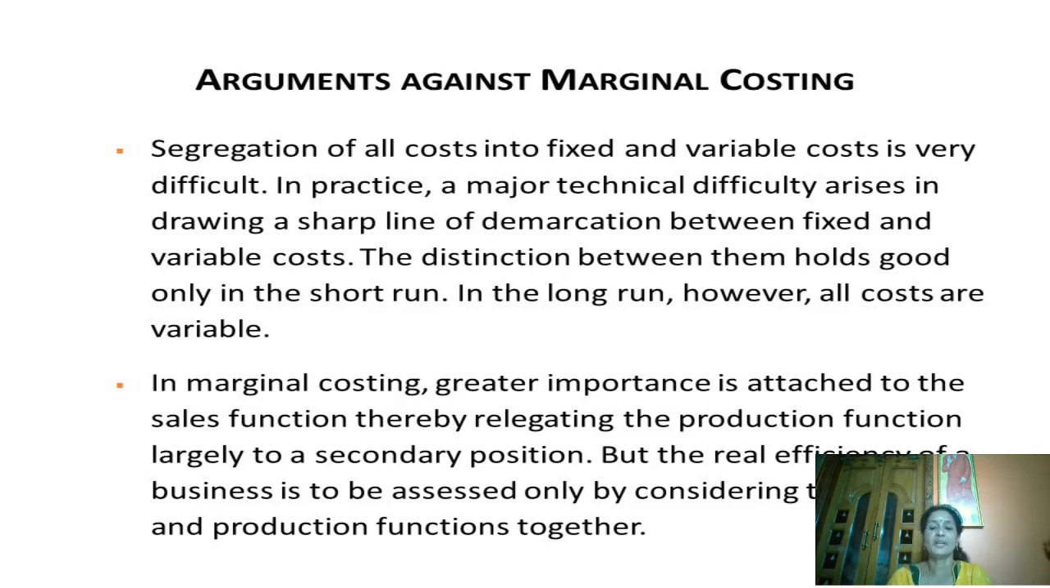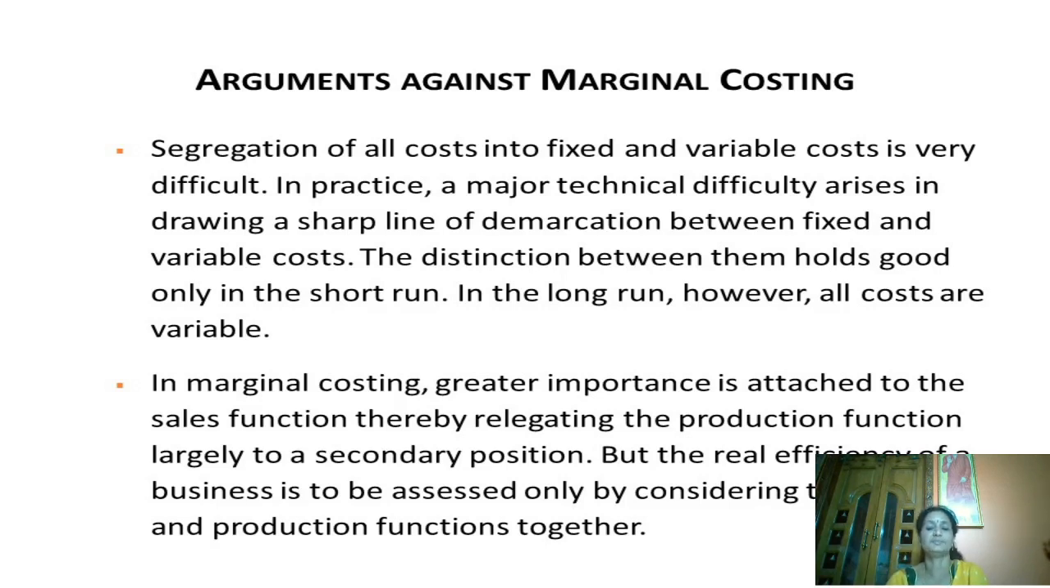So this is one of the main drawbacks of marginal costing. In marginal costing, greater importance is attached to the sales function, thereby relegating the production function largely to a secondary position. Here, the importance is given only to sales and not to production. One should always remember that sales can happen only when there is good production. When production is neglected, then where will the sales come from? In marginal costing, they give undue importance only to sales, and production is considered a secondary position, which